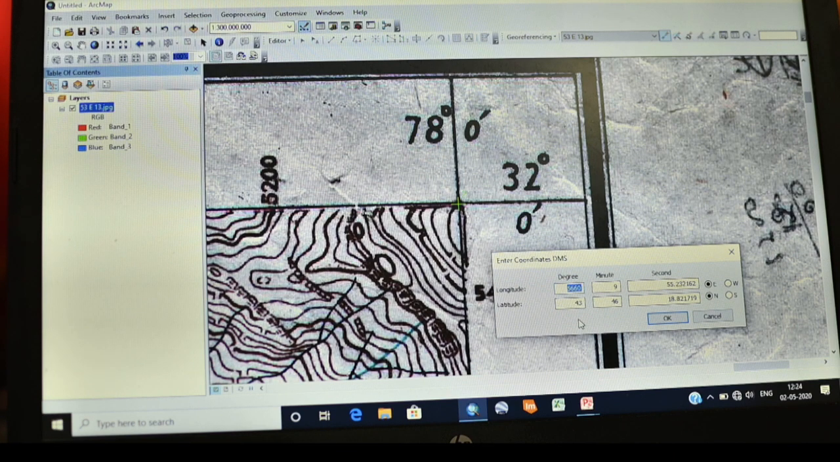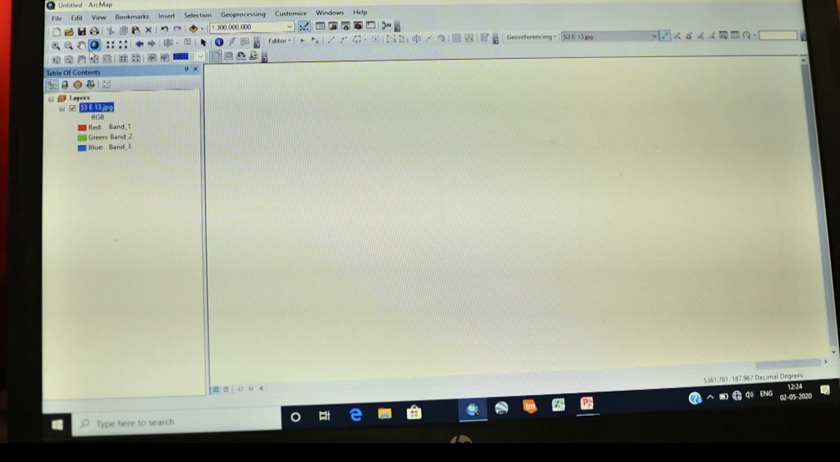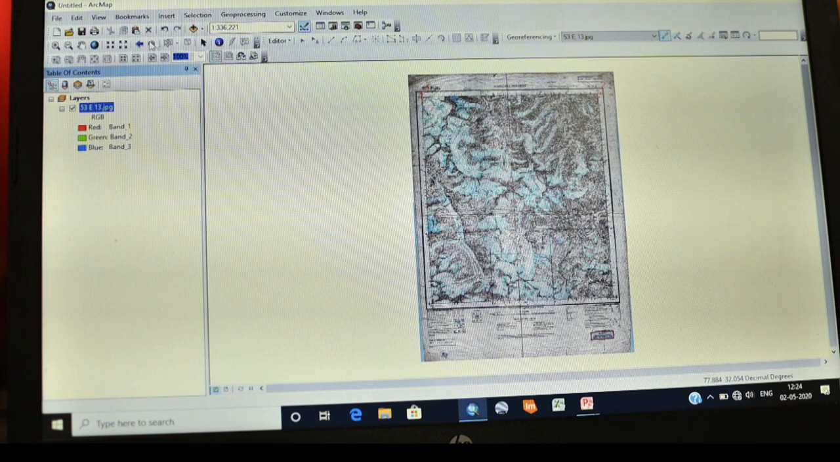So longitude is 78, minute is 0, and remove this second, and latitude is 32, 0, and delete this minute value, and ensure that E and N are selected, and click on OK, and click on this full extent and go to the third intersection point, that is